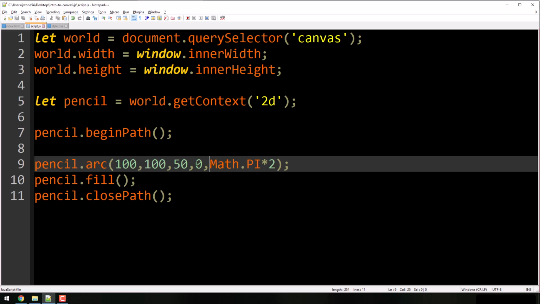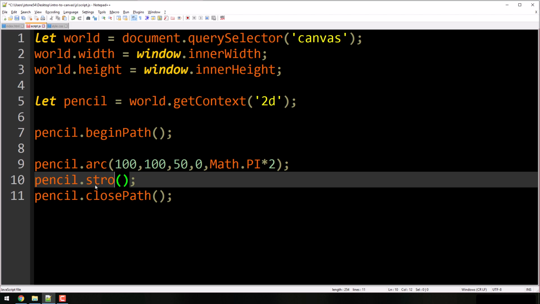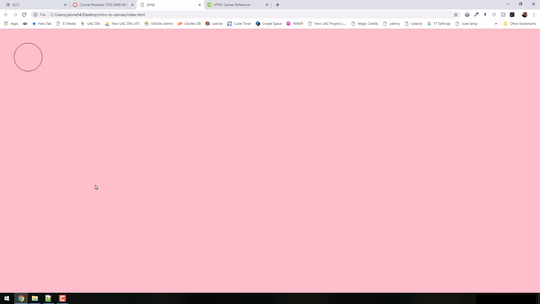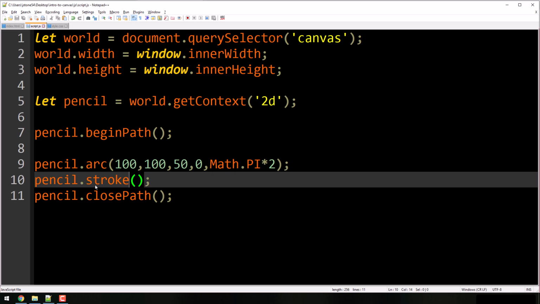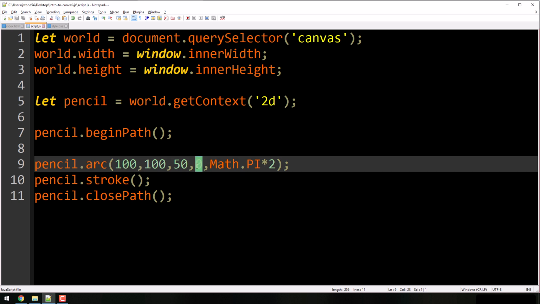Okay, so let's go back to what I was trying to do. This is just a stroke. That should have worked. There we go. Okay, sorry about that. That was just my brain cramping up. I overlooked the fact that I didn't put the 0 point. So we have the X, the Y, the radius, and then starting point, ending point, right?